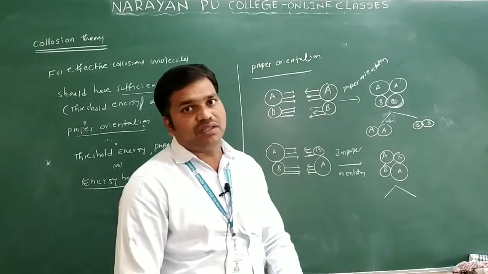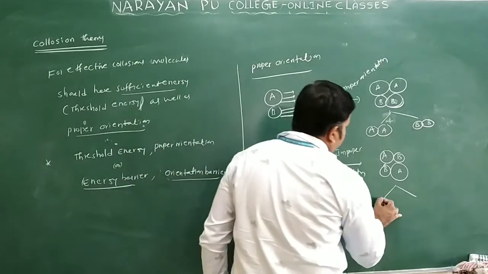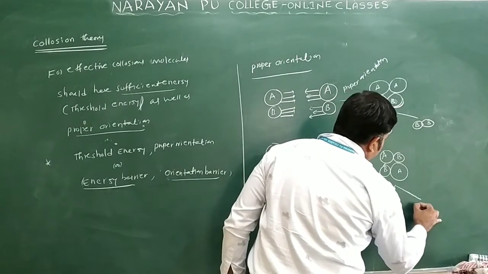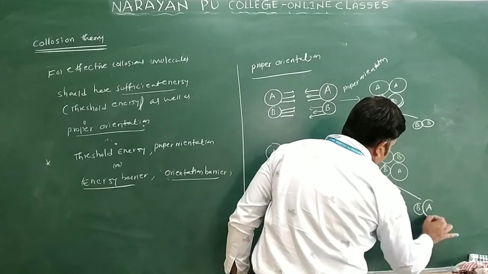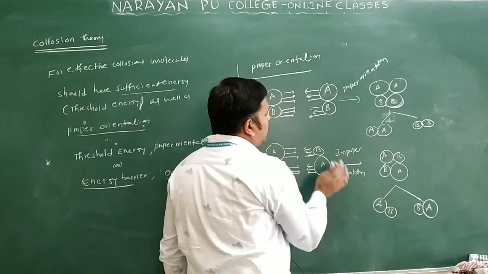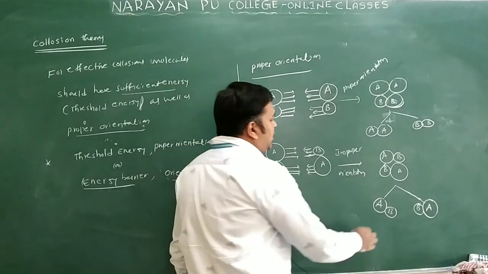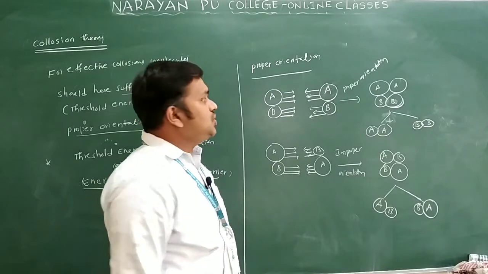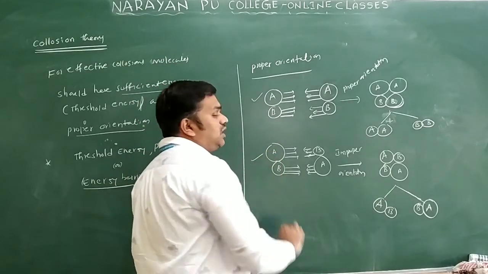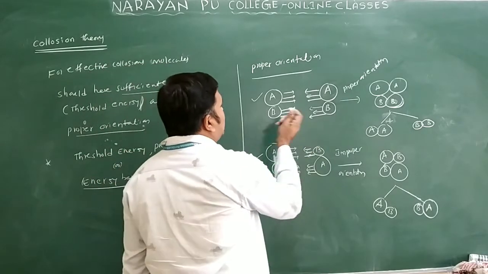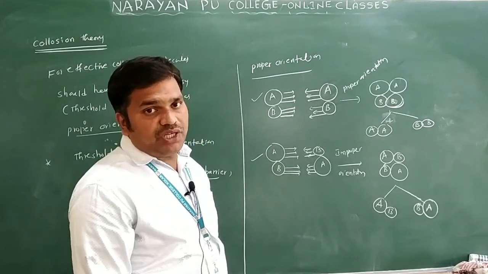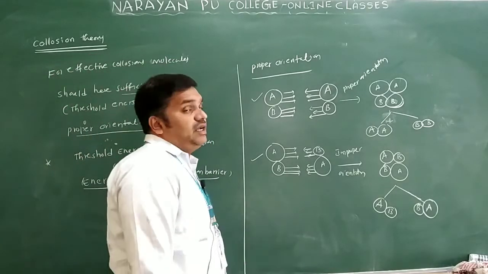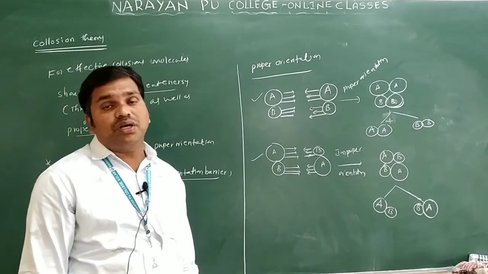How is the molecule formed here? The molecule can be formed as AB. So here A is there, here B is there. And if you see here, B is there and here A is there. So what can I say here? If they undergo improper orientation, a combination of A and B is formed. If they undergo proper orientation, what is formed here? AB orientation will take place. So this is called proper orientation. This is called improper orientation. Here the molecules are very close to each other. They undergo effective collisions. If they undergo effective collisions, the product is formed, a chemical reaction takes place. So this is regarding proper orientation and improper orientations.